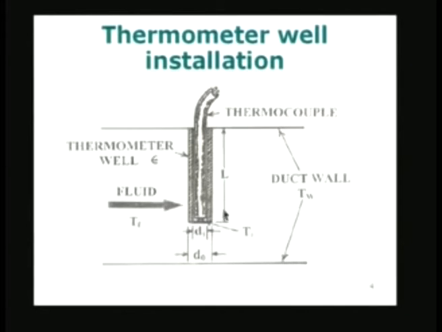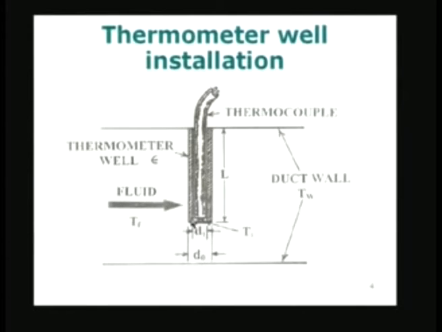Again, there is a depth of immersion. This L, the length of the well, is called the depth of immersion, and you can see that the thermocouple is attached to the bottom of the well. The thermocouple is attached to the bottom of the well, and it is taken out and is connected to the external circuit. And the well itself is made usually of some material like brass or steel. It could even be copper, aluminum, any material which one can think of. The choice of the material depends on many factors which will be taken up a little later. We will talk about it.